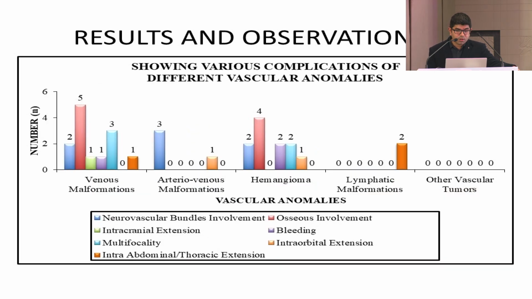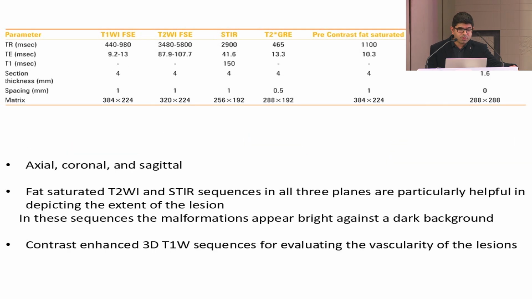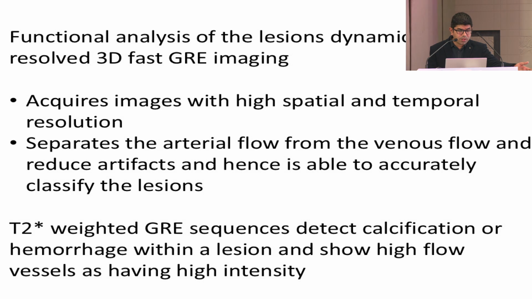The second option we have is the MR angio, that is the dynamic contrast MR angio. These are the different sequences. We go forward with the axial, coronal, sagittal, and contrast enhanced 3D T1 weighted sequences. I'll not go into the sequences, but this dynamic contrast is a very important entity for diagnosing between high flow vascular malformations. It gives us a few important parameters: once we give the MR contrast, when the vascular lesion starts to show enhancement, that is the arterial enhancement time.